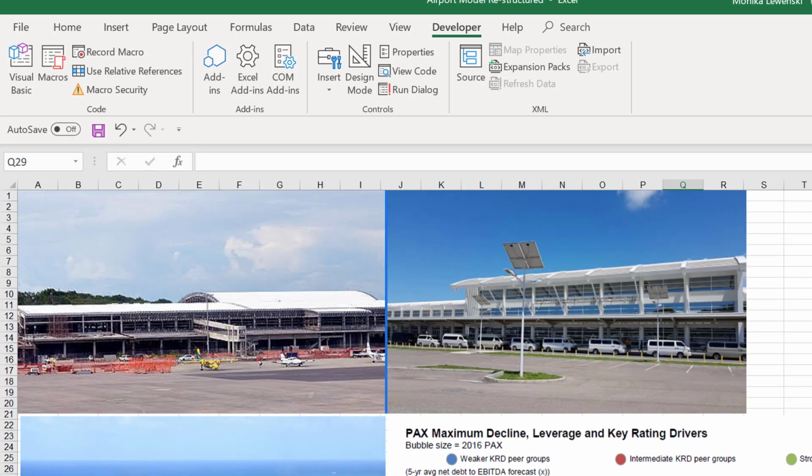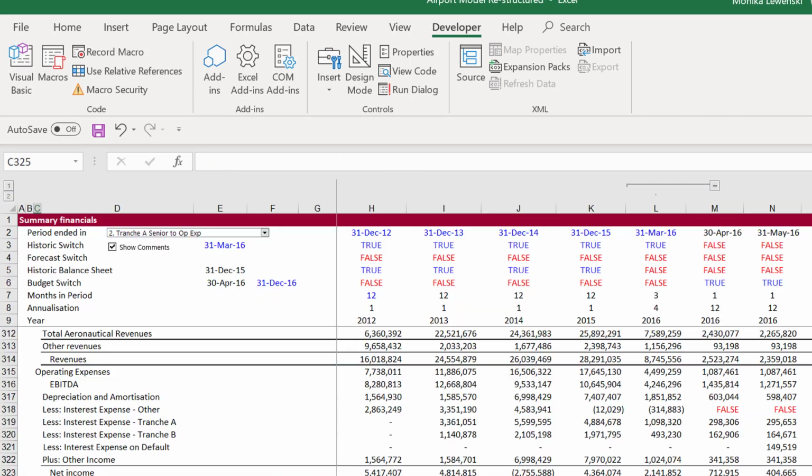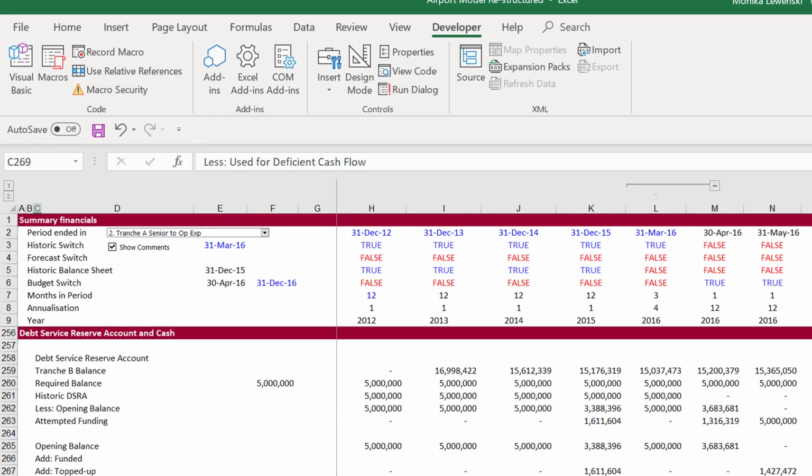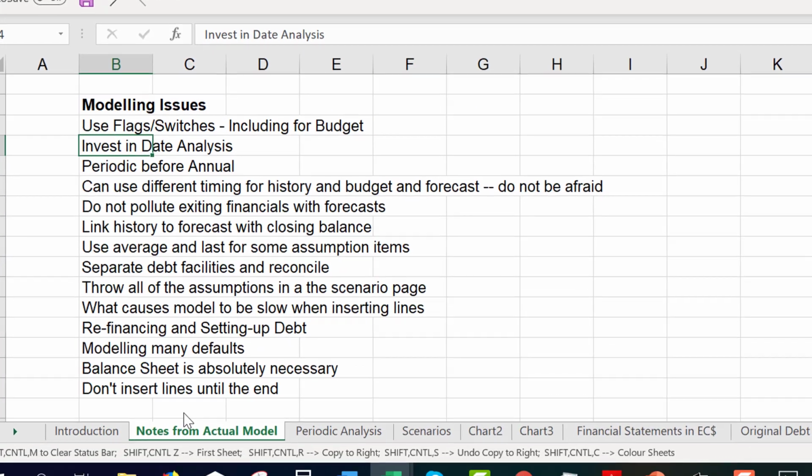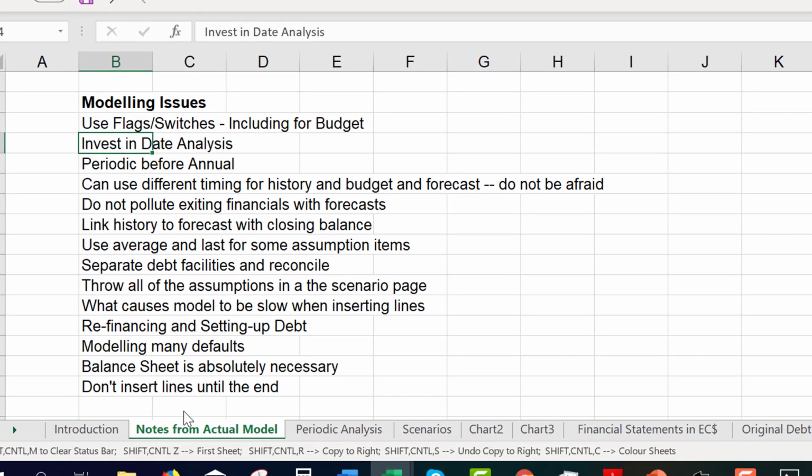Okay, and the way I'd say to fix this is, number one, I have some notes here. I'm going to go through some real use of switches. I'm going to say making a good date analysis is so crucial. It's more and more obvious to me the older I get, and shouldn't be doing this stuff anymore. Now we're going to make an annual model from a periodic model, but you start with a periodic one and you don't go backwards ever. You need to start with the finer periods, and then we can use different budget things.